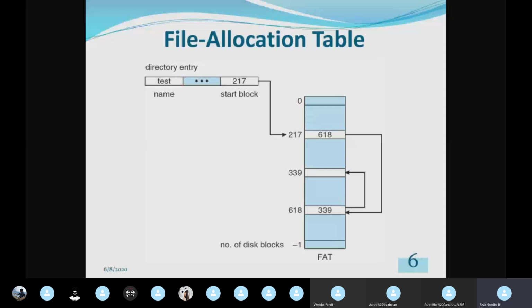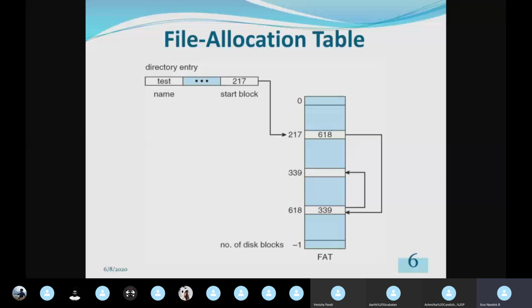Likewise, we access files in this linked storage mechanism using a file allocation table. This is what a file allocation table is. The file allocation table means in each and every file location we have the pointer to the next logical block, and that is given in a table. That table is known as the file allocation table.